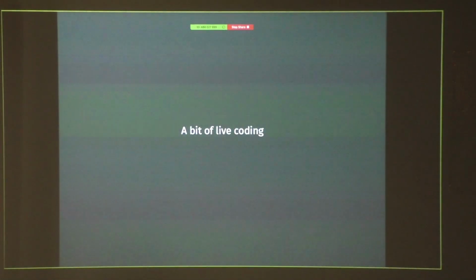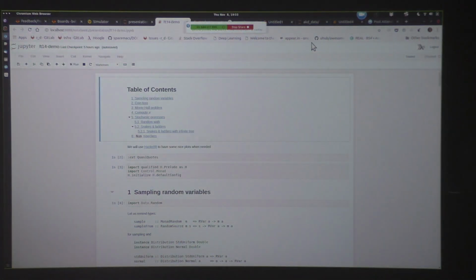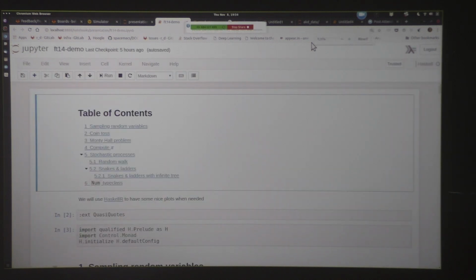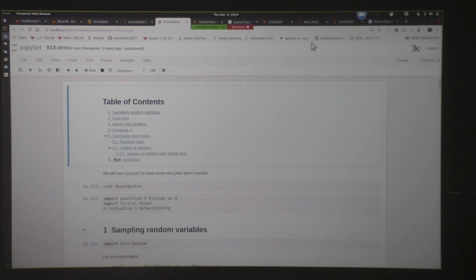Okay, so let's see how it works in real life cases. So maybe I'll make it a little bit bigger. Well, maybe not that big. It's a Jupyter Notebook. It's using the IHaskell kernel. I will use R just to make some nicer plots when I need them.